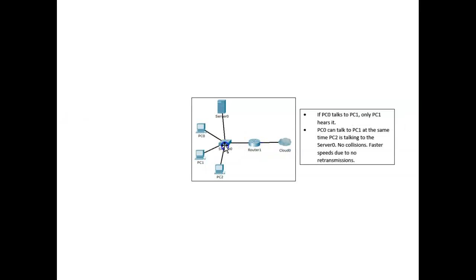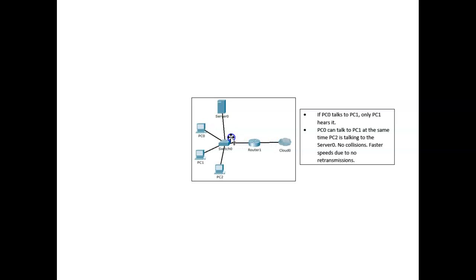Now here I've replaced the hub with the switch. The switch still creates one broadcast domain. If one of these devices makes a broadcast, then everybody will hear it. But a switch makes multiple collision domains. Every one of these PCs is on its own collision domain. So now we have 1, 2, 3, 4, 5 collision domains off of this switch, and another collision domain over here if you want to look at it that way, but that's also a broadcast